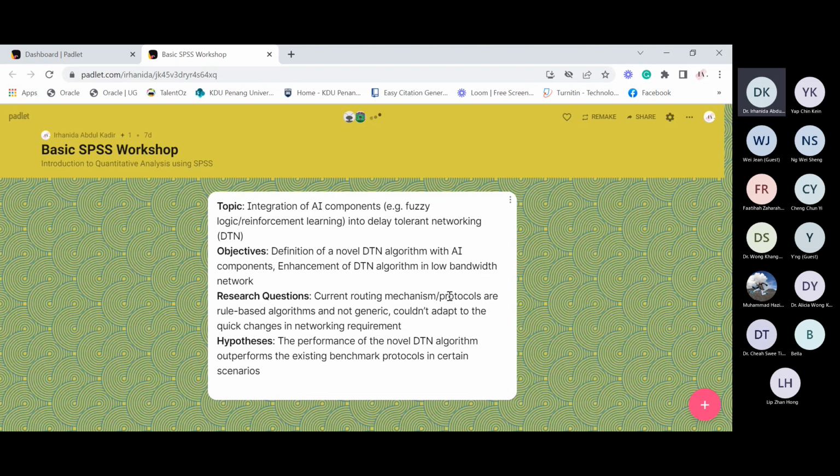So the objective is the definition of a novel DTN algorithm with an artificial intelligence component, enhancing the DTN algorithm in low bandwidth networks. And the research question is that current routing mechanism protocols are rule based and not generic, and could not adapt to quick changes.